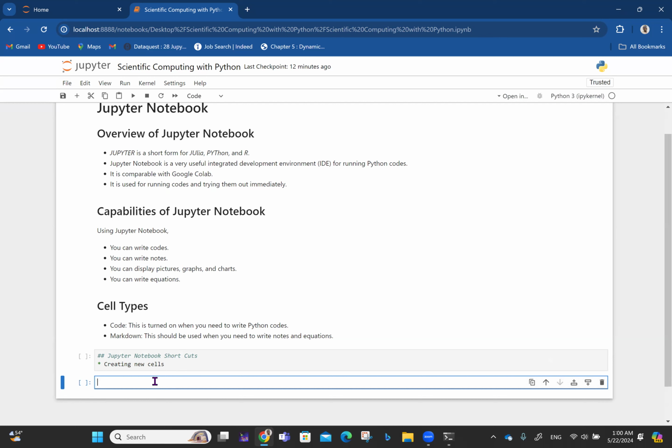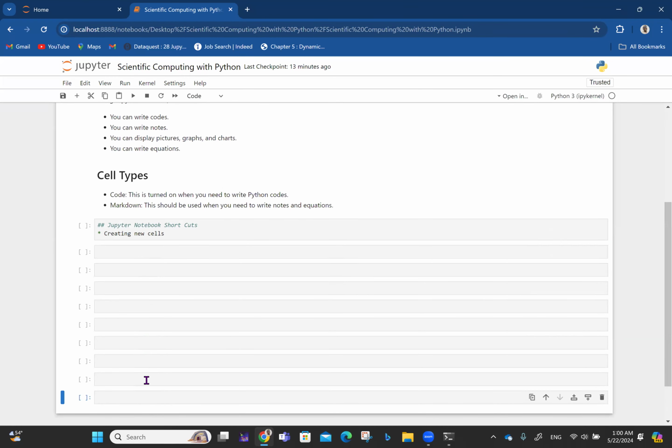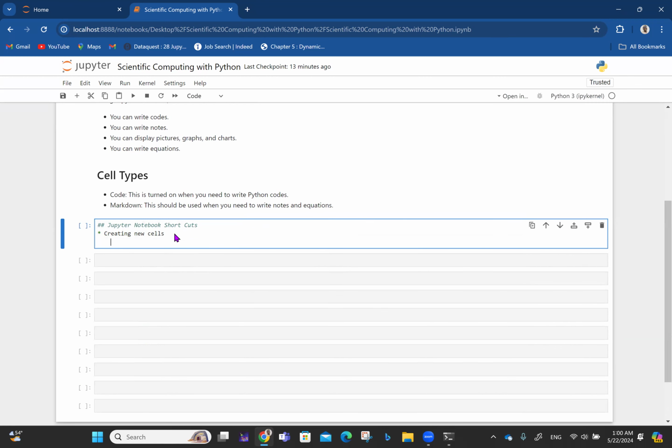So first of all, press Escape. Once you press Escape, you can see that this blue line is still focusing on this cell. If you now press B, you discover that you can keep creating new cells like that, all the way. So to create new cells below a cell, there are two steps: press Escape on the keyboard,